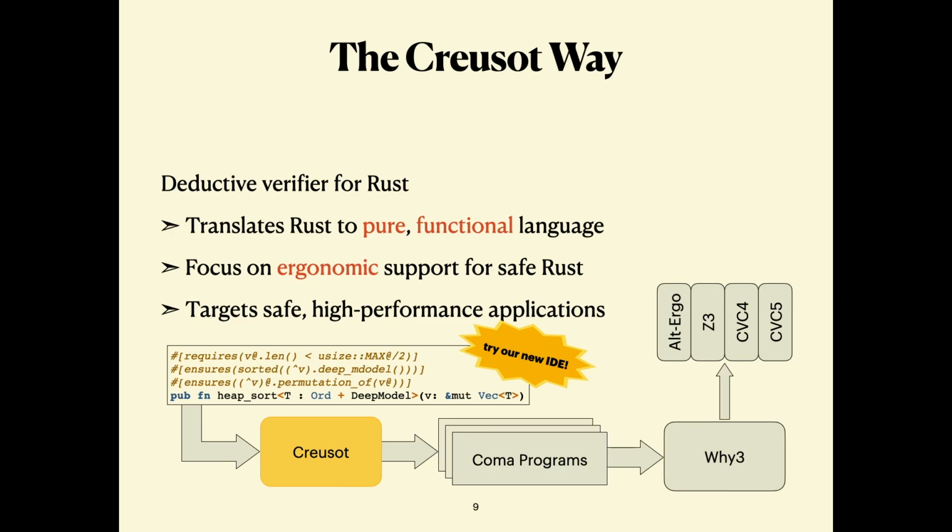We take all of that, we run it through Creusot. It generates a functional program in a language called Coma. That language is understood by a verification tool called Why3, which will take your Coma program, generate a bunch of logical formulas that imply the correctness of that program, and throw them at SMT solvers or other verification backends. And if all those solvers agree that the obligations are upheld, then you can be confident that your source Rust program actually satisfied whatever property you wanted to prove about it. Right, so